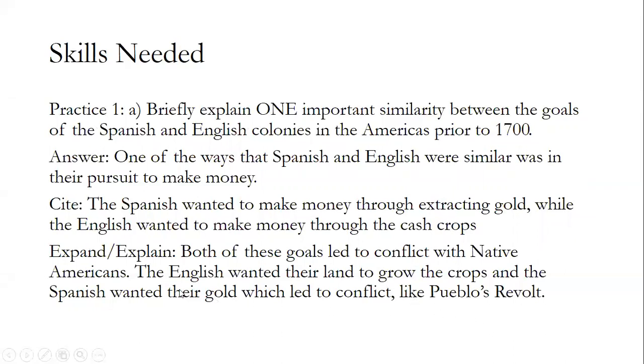So you can see a couple things. One, I tie it back to my answer. Number two, the Pueblo Revolt is very specific, so you should be somewhat specific. I could have even been more specific here with the English and talked about Powhatan specifically, or Bacon's Rebellion specifically, and that would probably have been a better answer than what I put here. So make sure you're specific and make sure you do all three parts.